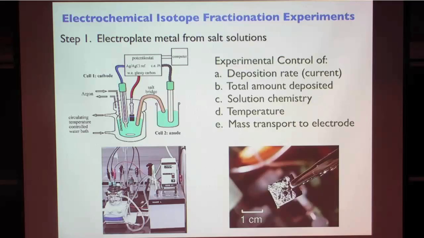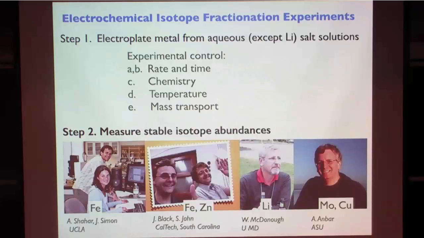We can look at that later. We can change the chemistry. We can do this in a controlled temperature environment. And then you can see we can also control the mixing pretty closely, so we could look at the mass transport to the electrode. Okay, and then we take that material, and then we